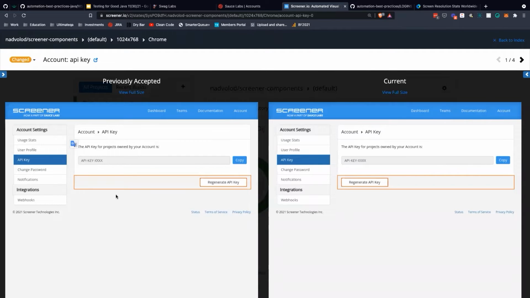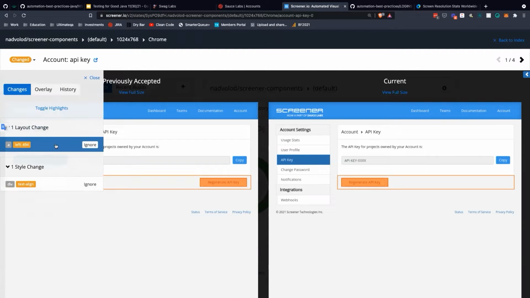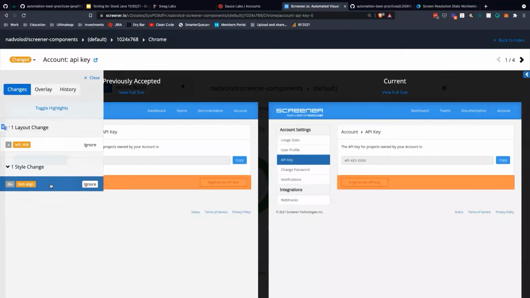So we can see here that before this button was here, now it's here. In fact, if we expand this, Screener tells us exactly what has happened. So we had one layout change where there was a shift of the element, and we also had a style